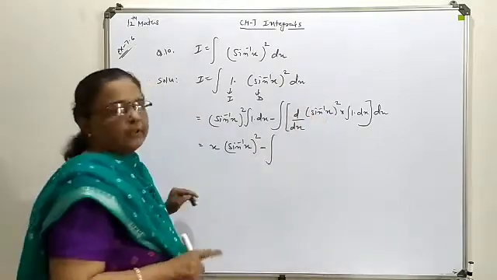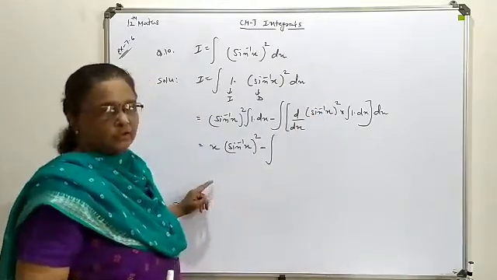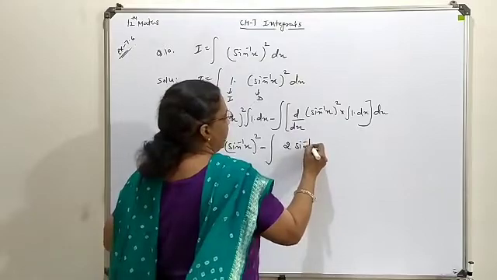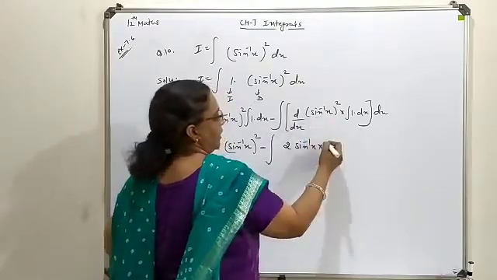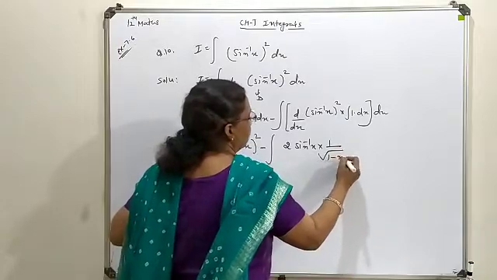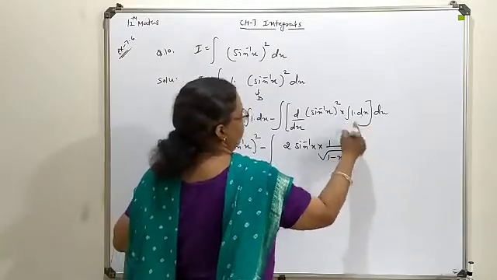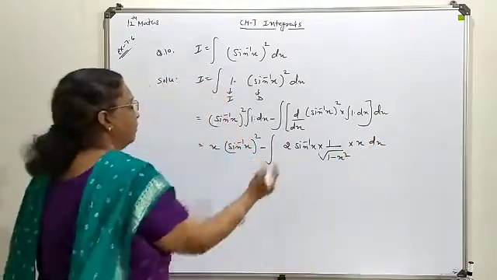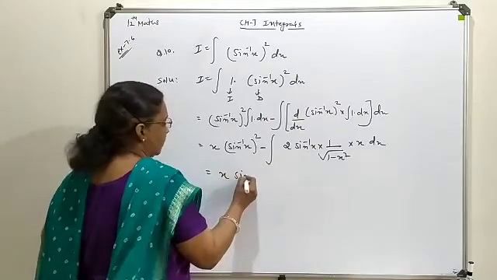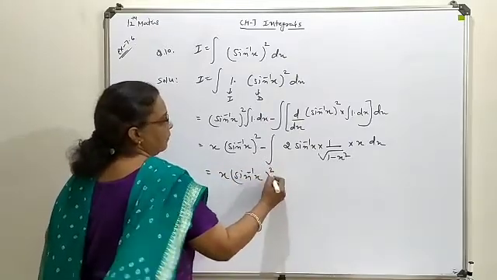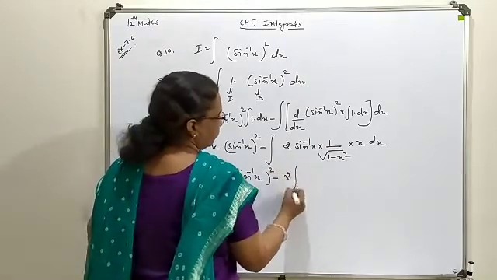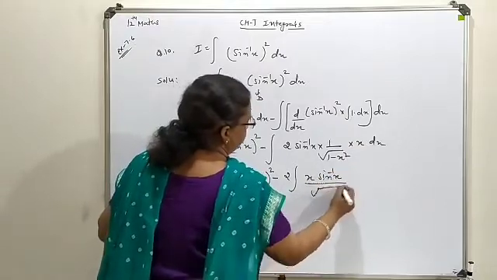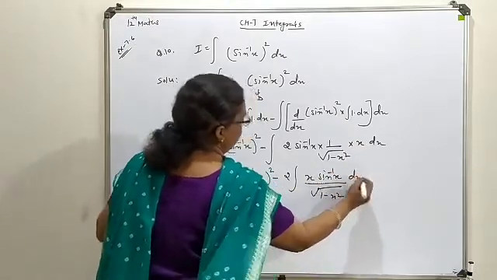First of all, as per your derivative rule, first this power is to be considered as the main function. So accordingly it will be 2 sin⁻¹x into the differentiation of sin⁻¹x, that is 1 upon under root 1 minus x², and here the integration of 1 is x. This is your dx with respect to this integrating sign. So now the term we have for further integration is this: 2 you keep over here, this is x sin⁻¹x upon under root 1 minus x², and dx.